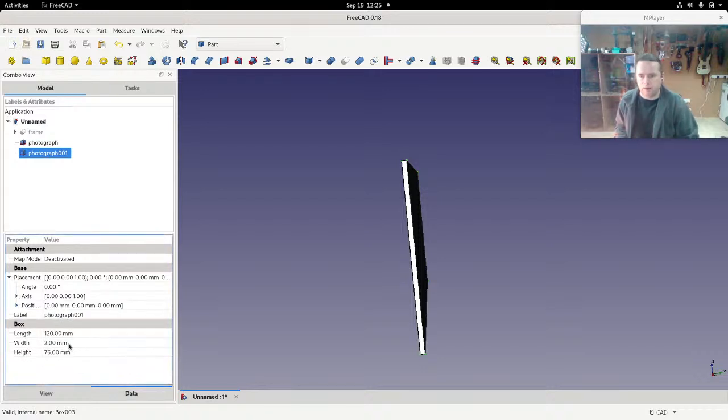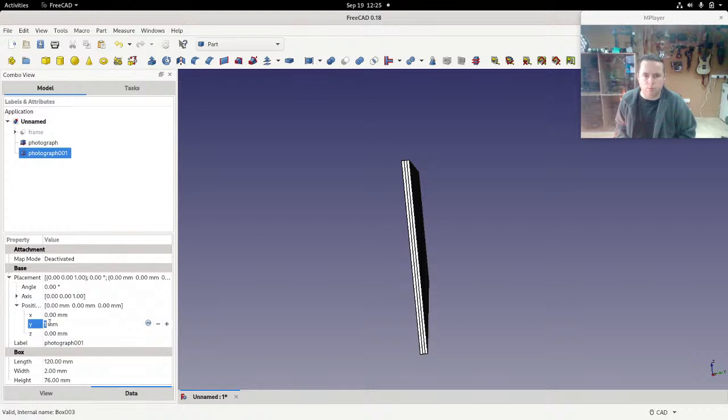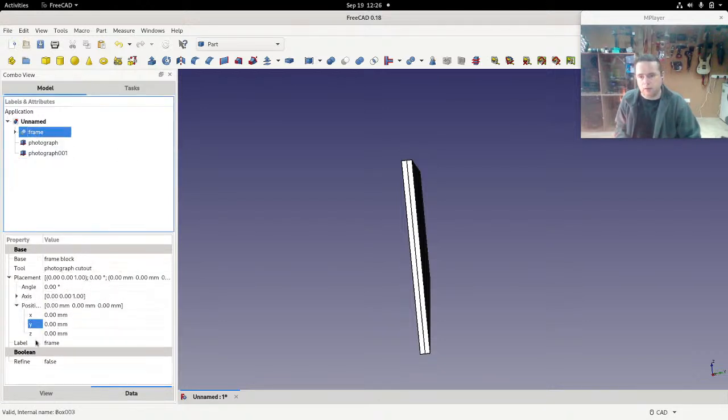So there's the width, 2 millimeters. If I now make that bigger, you can see there, yeah, that gets bigger. So I'll just move it first. I'm going to move it very slightly in Y, 2 millimeters. So we now have two copies of the photograph right next to each other. When you create a box or anything like this, it always starts off as being 10 millimeters. So that's actually the width of our frame, 10 millimeters. In fact, you can look at that and see that,